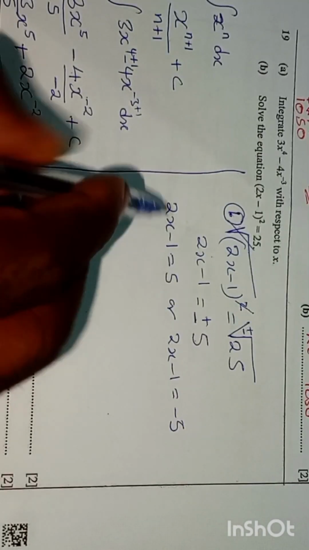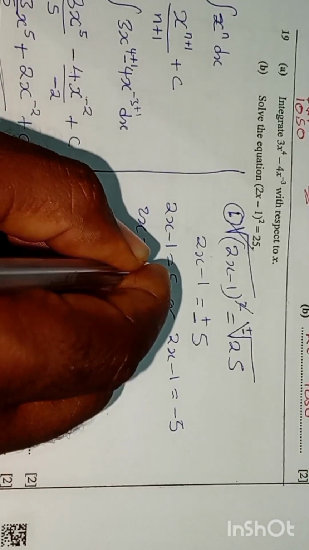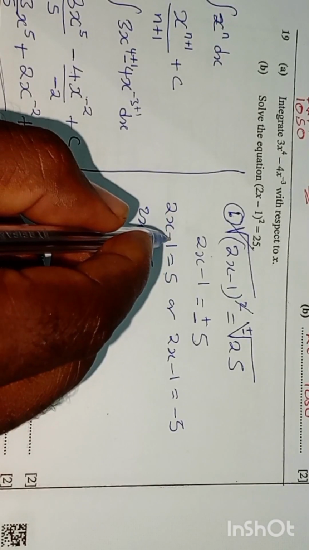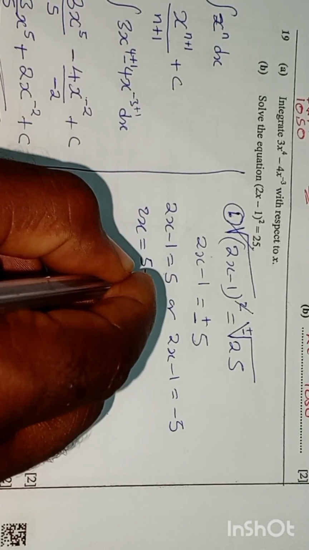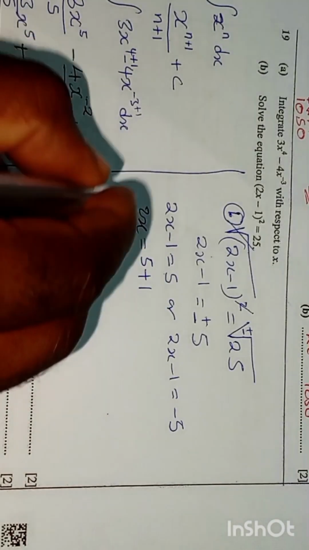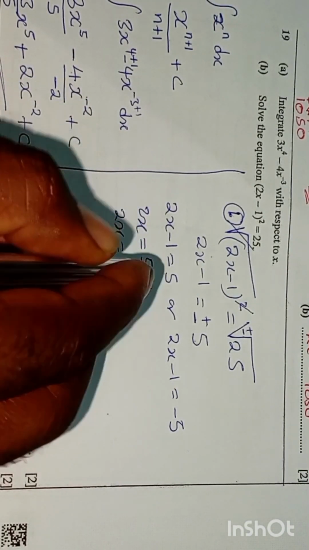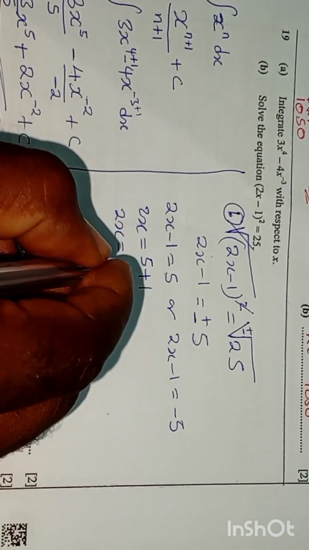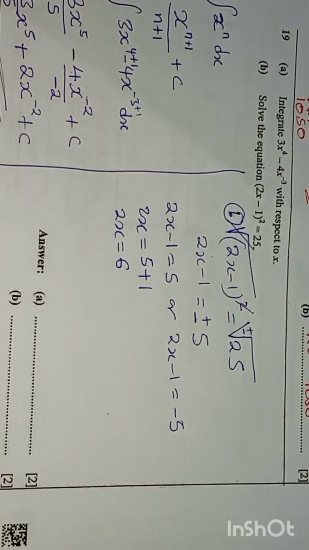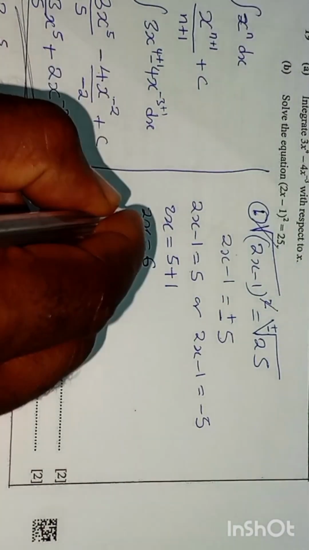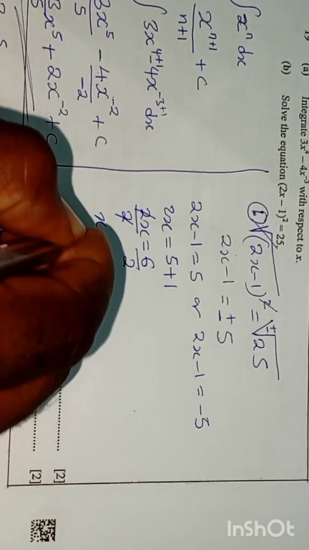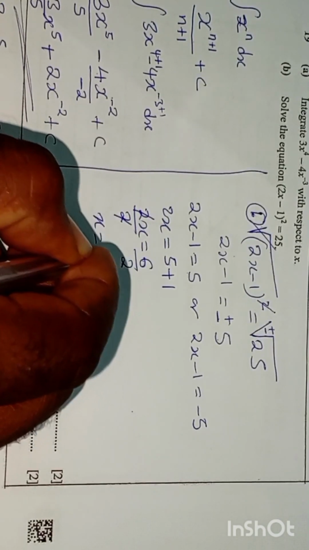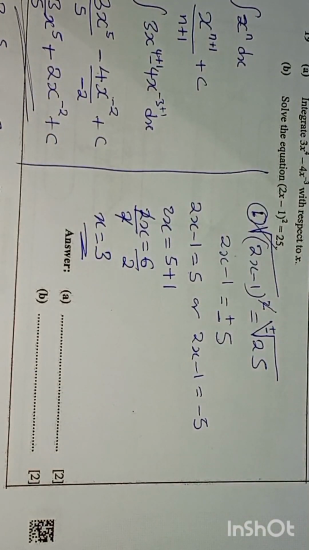I'll collect the like terms. So 2x equals, this is positive 5. It was negative 1. When it goes the other side, it will be positive 1. So 2x equals 5 plus 1, it is 6. You divide throughout with 2, 2 goes, so x equals 2 into 6, it is 3. Or